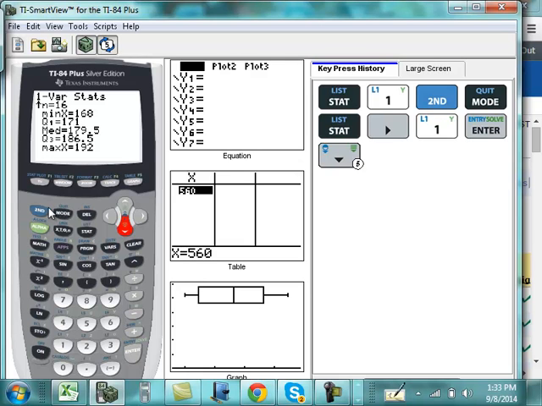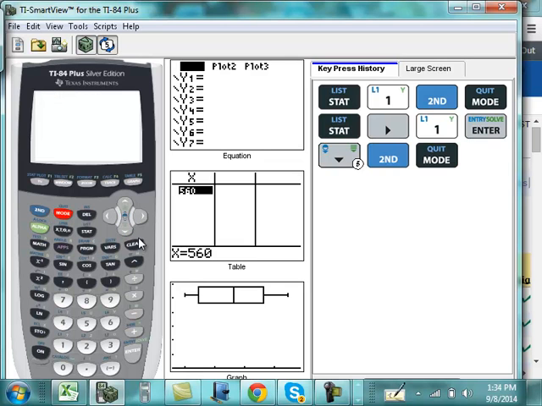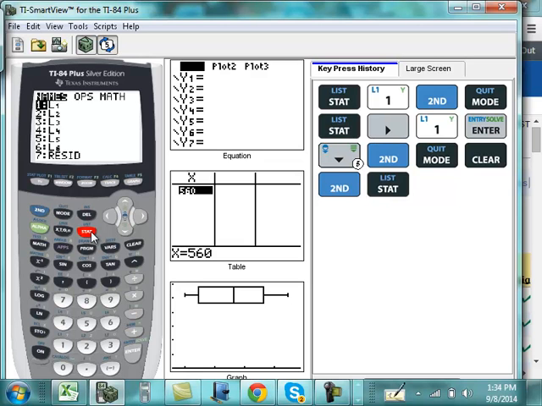Okay. Now let's go ahead and quit out of that, or you can just clear it. Now if you just want to have one simple calculation like the mean or the standard deviation or something, I'll tell you what you can do. Again, make sure that all your numbers are inputted in a list, and then go into your list menu. You have to hit second and then the stat menu in order to get into your list menu. Once you are in the list menu, the first submenu is the list names, L1, L2, etc. Your second one is ops. You can sort it. You can have it find the dimensions, meaning the size, and so forth. But we're going to right arrow over to the math